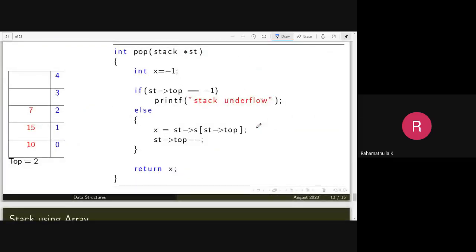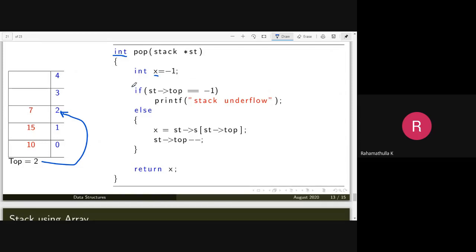This is the second operation we have discussed, the pop operation, or deleting an element of the stack. Now top is pointing to 2. This is the element, 7, which the top is pointing to now. While deleting an element, you will have to get that element back. That's why this function has a return value. This is an integer stack, so you're returning an integer value to a variable x. Sorry, you return the stack top to that variable.